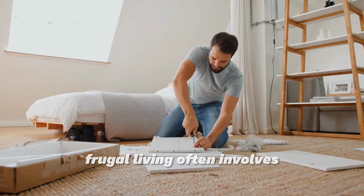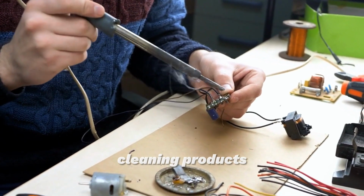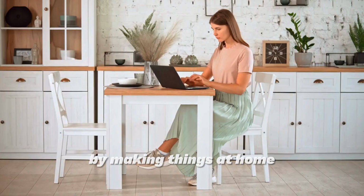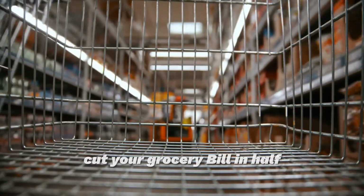Frugal living often involves do-it-yourself (DIY) solutions. Explore DIY alternatives for household cleaning products, beauty items, and simple home repairs. By making things at home, you not only save money but also reduce exposure to harmful chemicals found in some store-bought products. Congratulations! You now have a comprehensive set of frugal living tips to cut your grocery bill in half